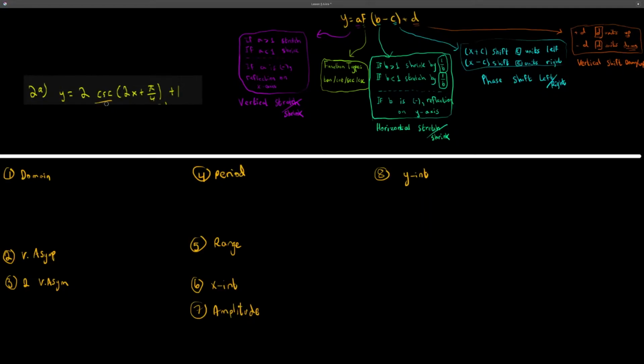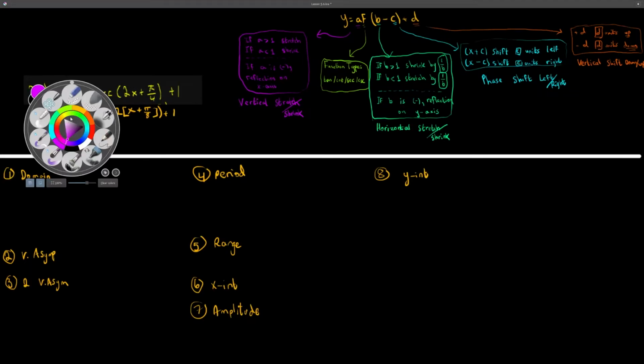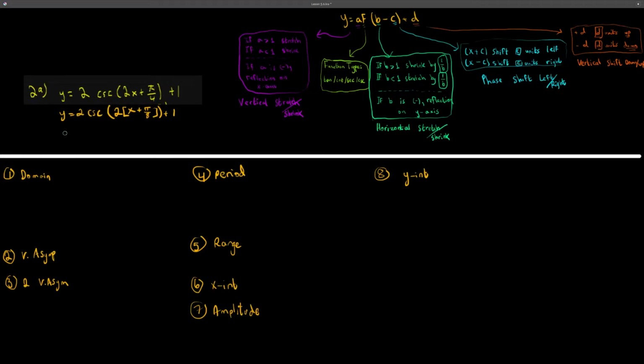Next up, we have cosecant questions. And now, before we get into the questions, we should firstly rewrite this formula because we don't have an isolated b. So let's isolate it quickly by doing y is equal to 2 cosecant, and then taking 2 out, and then we have x plus pi over 8 plus 1. Now we can easily mention all the values. So we have a is equal to 2,